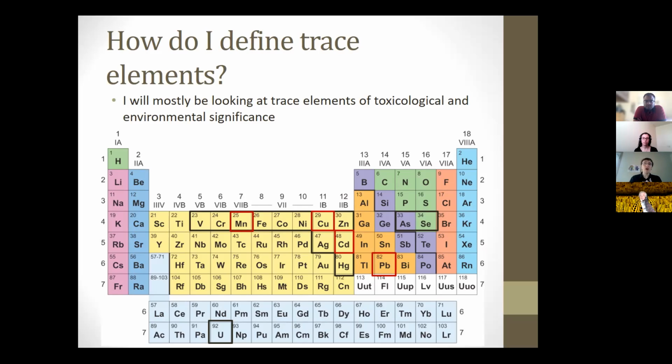Cadmium and lead are what we call non-essential elements. As far as we know, there is no bottom to their toxicity. They are inessential to life as far as we can tell, and any amount of exposure to them is bad. Whereas manganese and copper are both essential for life, but if you get too much of them, copper more so than manganese, then you're going to have toxic effects.